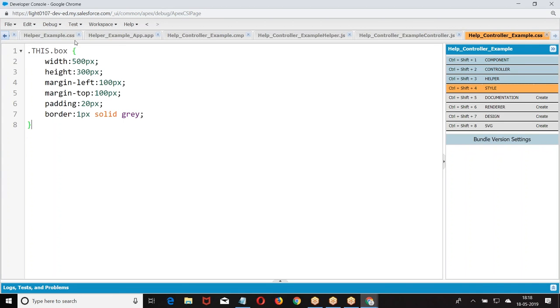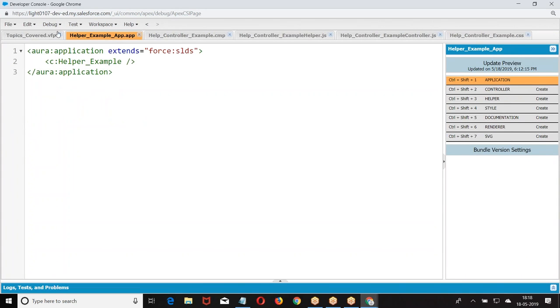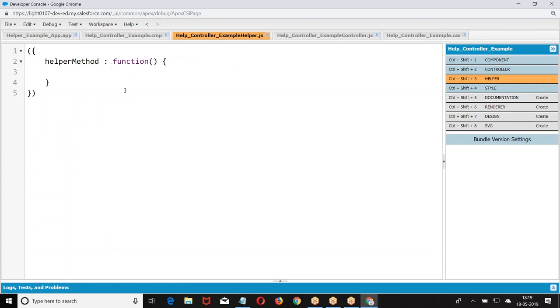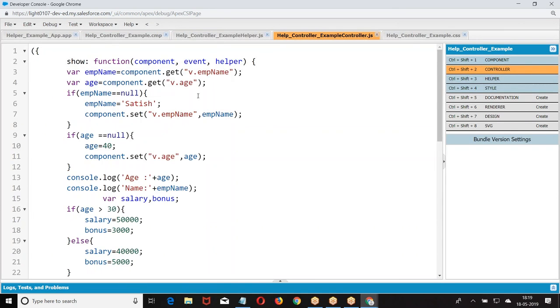Okay. Now let me remove these structures. Right. So what was the name of this one? Look at the format. Controller. This is helper.